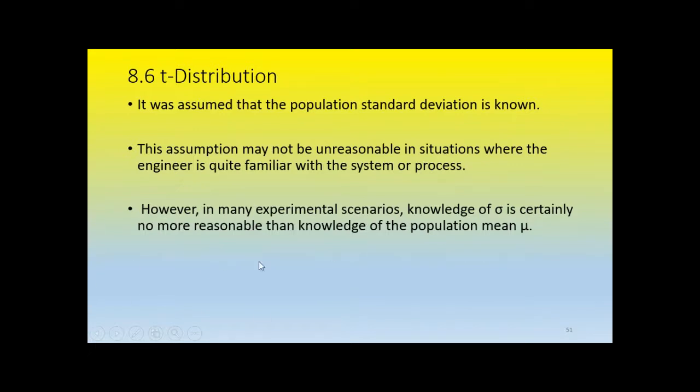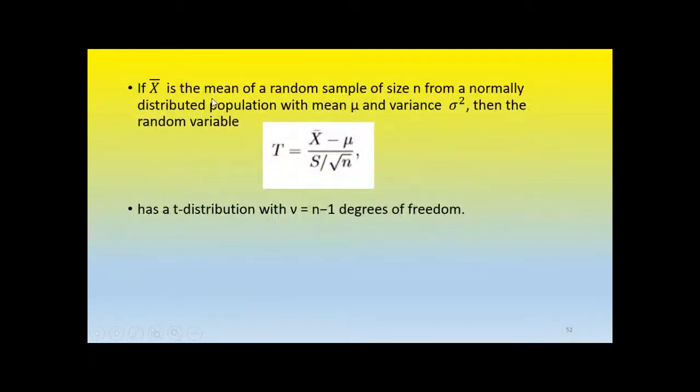So most of the time, you may not have the standard deviation. So if x bar is the mean of a random sample of small size n from a normally distributed population, the population mean is mu and variance is sigma square. Then the random variable,